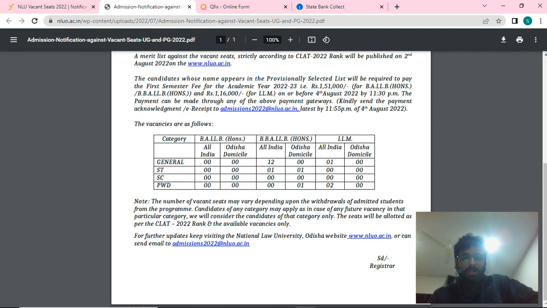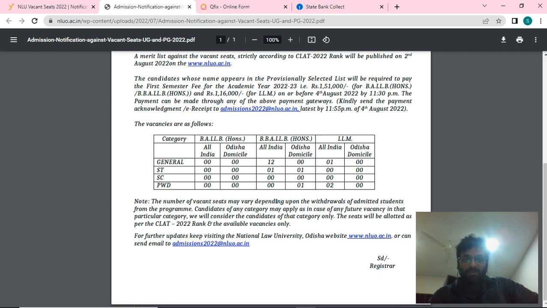Okay, total all India vacancies are BBA LLB 12 seats are there. Okay, 12 seats in all India. Next, ST 1 is there, Odisha domicile 1 is there, and next LLM all India 1 seat is there, and PWD category Odisha domicile 1 seat is there, and all India LLM 2 seats are there.